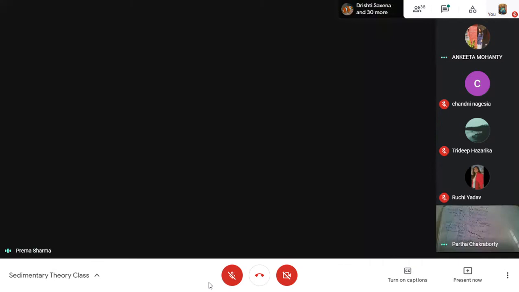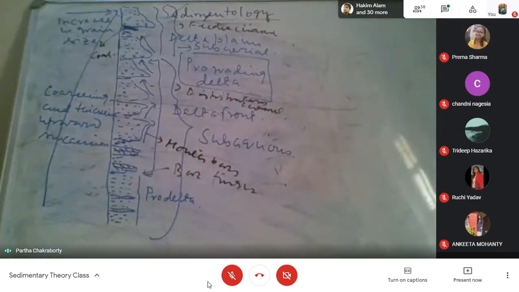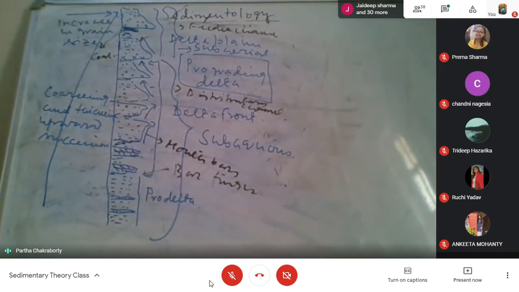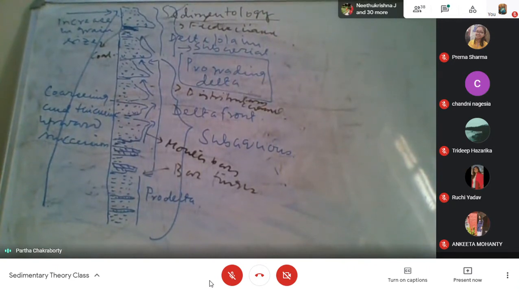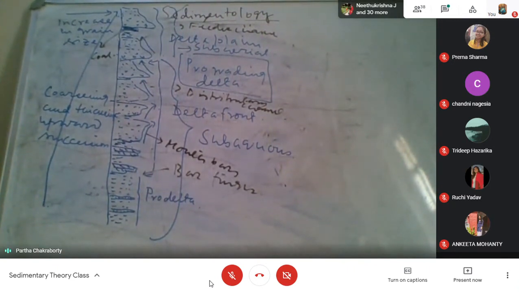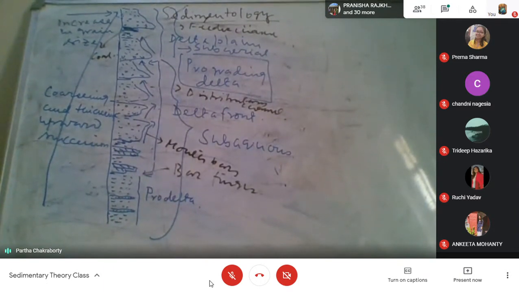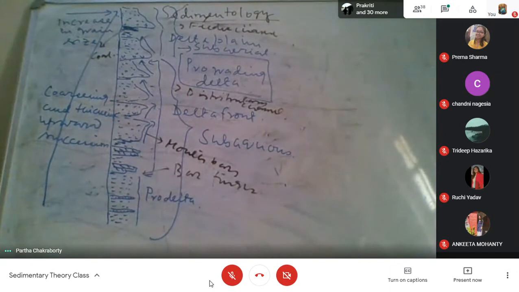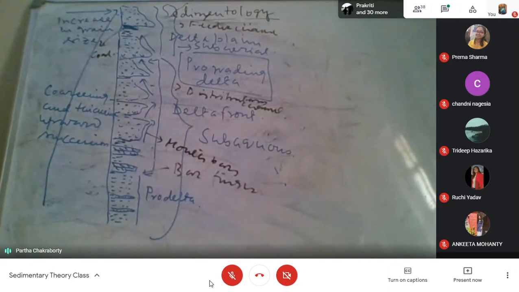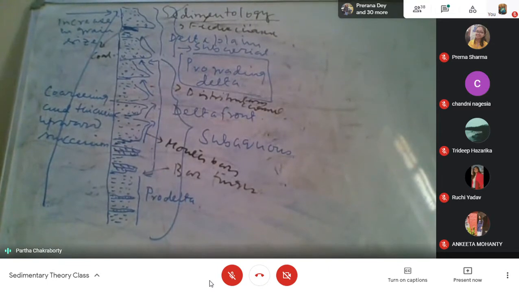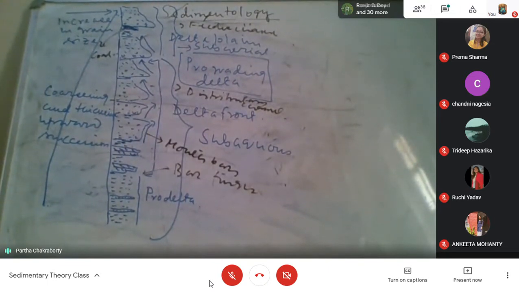So the west coast, we understand, was formed in the Jurassic, because you people have studied the Jurassic of Kutch. What is the Jurassic of Kutch? That is the first marine sediment we get in the west coast, in the Jurassic. So unless the coastline is formed, you cannot have a marine sediment and marine fossil at the coastline. So the first marine record in the western coast that we get is Jurassic, and we believe that by that time the west coast was formed.